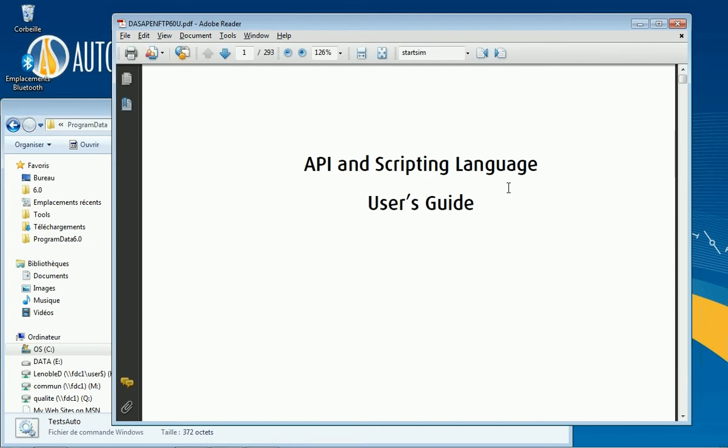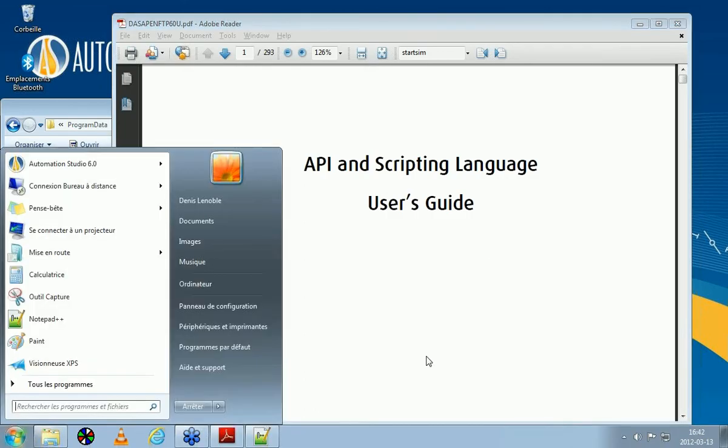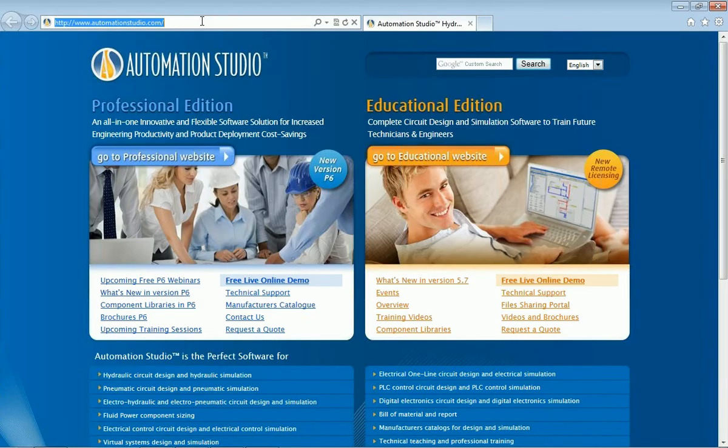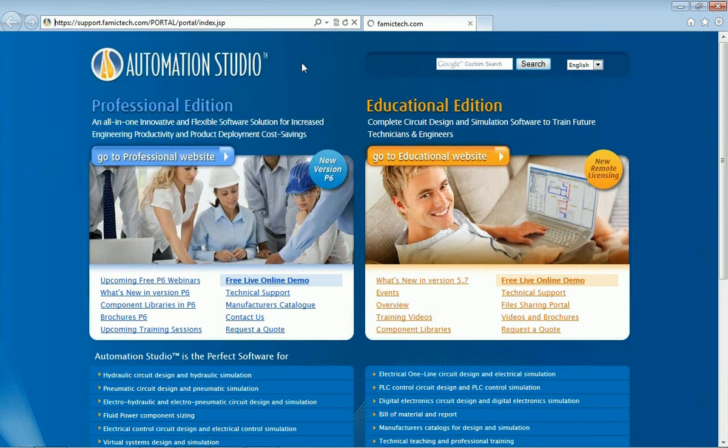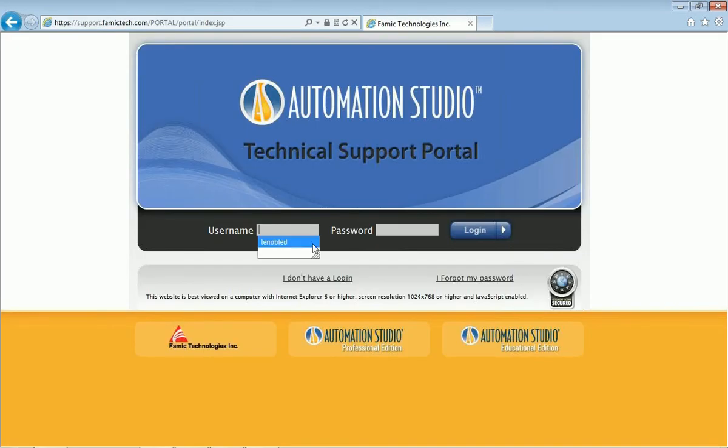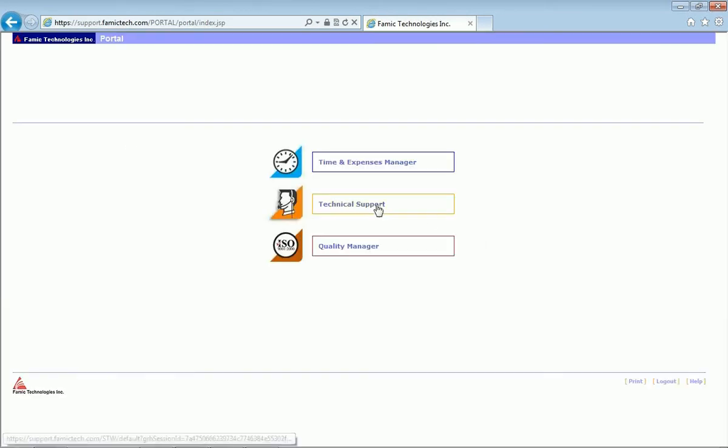For people who have updated a previous version, maybe you have not received a DVD, so what we recommend is to go onto our website and to the Famic Technical Support Portal, and here you will have on this